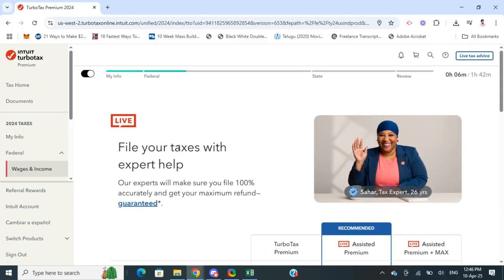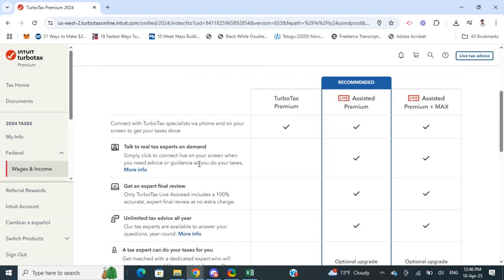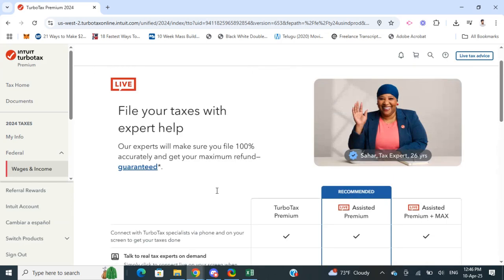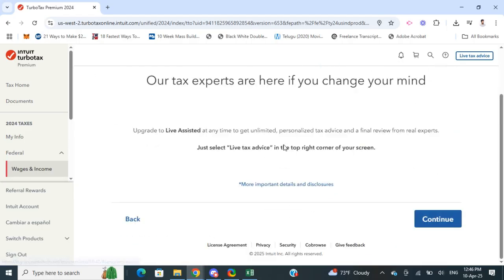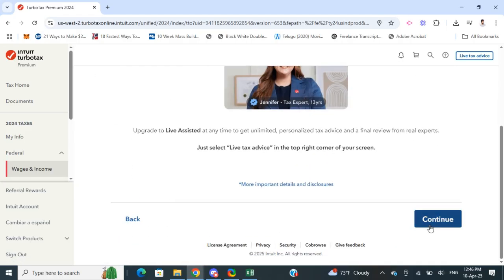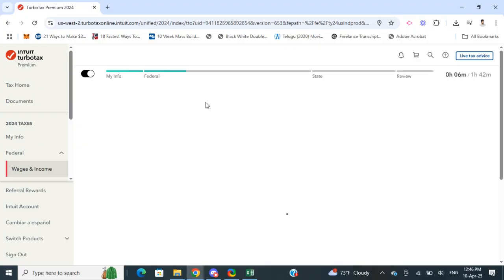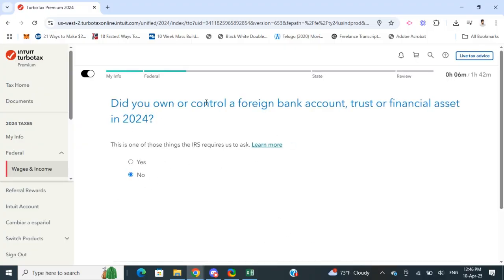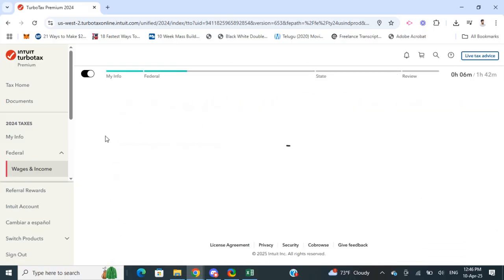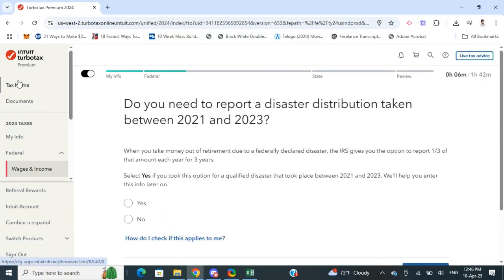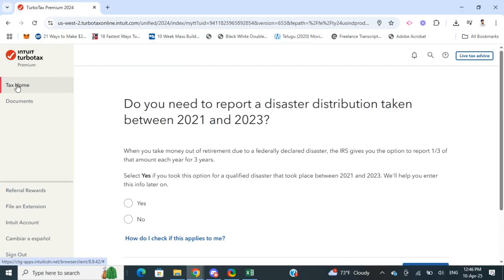the process. Okay, so once that's done, now it's asking if you need expert help. You can just continue without it, you don't need it. Then as you proceed, you will have more details to answer. More questions will come, you just have to answer each question. Once that's done, on your page here, if you click on my tax info here, and go to your tax form here,